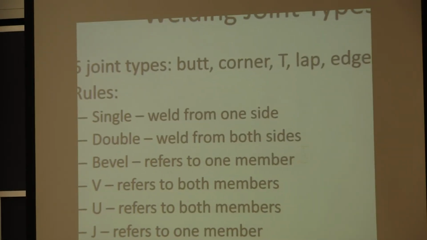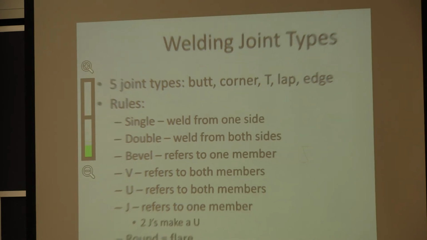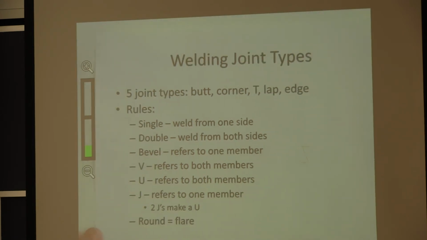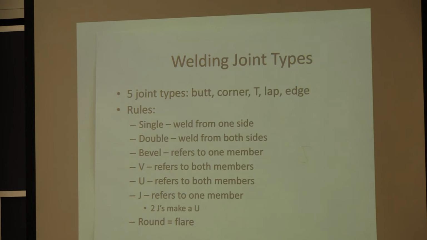The next topic I wanted to cover then was welding joint types. There's five main joint types that we would make in welds: butt, corner, T, lap, and edge. And I'll show you pictures of those in just a minute. There's some rules that go along with those. You might hear of a single bevel butt joint, for example. And what that means